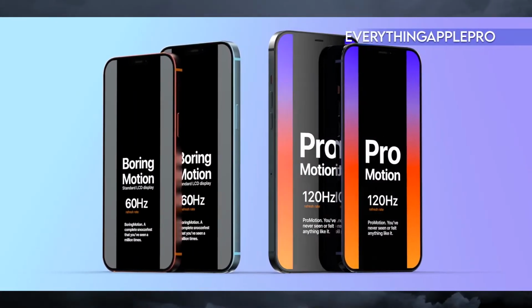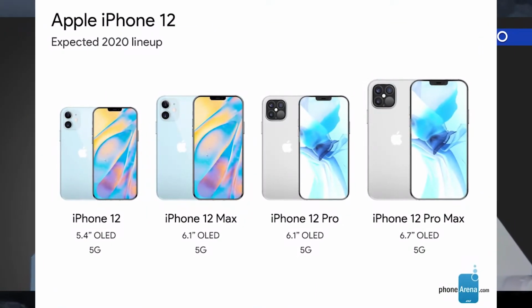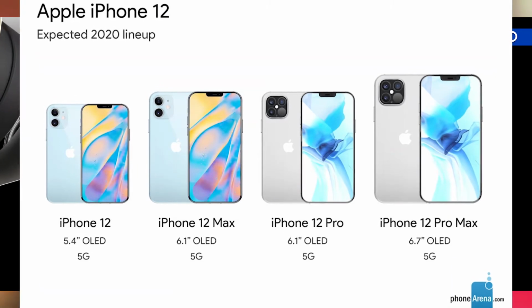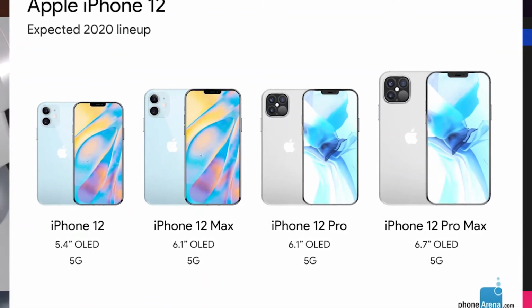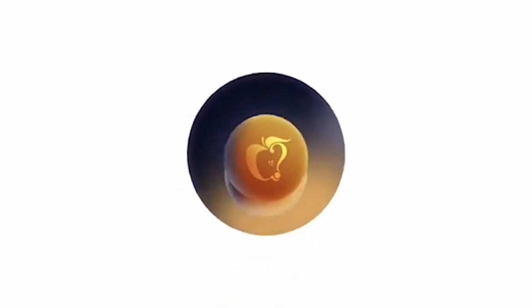Pricing of the new generation iPhone starts at $699 for the iPhone 12 mini and $799 for the iPhone 12. The iPhone 12 mini and 12 both come with a 64GB storage option. Those two will get 128 and 256GB upgrade options as well, and will come in black, white, red, blue, and green colors. The iPhone 12 Pro starts at $999, and the iPhone 12 Pro Max will go for